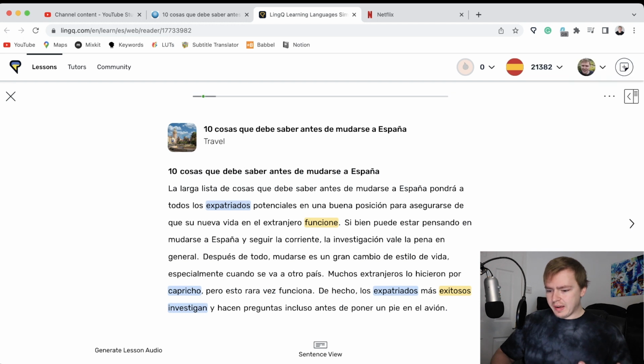And we'll close that, and here we go. 10 things to know before moving to Spain. As you can see here, most of my words are known, but there's a couple words that maybe I don't know. Exitosos, for example, I think is like achievement or challenge or something. I think it's achievement, or